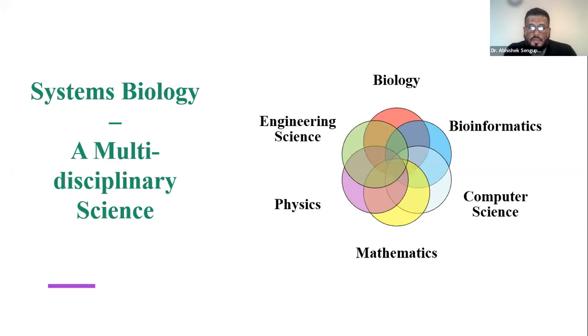Why is engineering science a part of it? If you see classical bioinformatics, we don't see engineering science concepts here, but in systems biology we do, because we use the concepts of networks, control theory, and system sciences. Even systems based modeling and simulation concepts have come from the engineering sciences. Engineers design cars, aeroplanes, different electronic items, even these social networking sites, right? They are also designed on the basis of these network concepts. All these concepts have come from engineering science, and now through systems biology they are being used